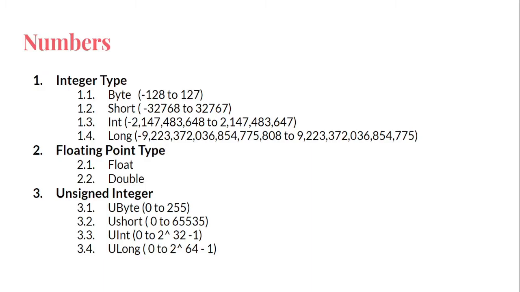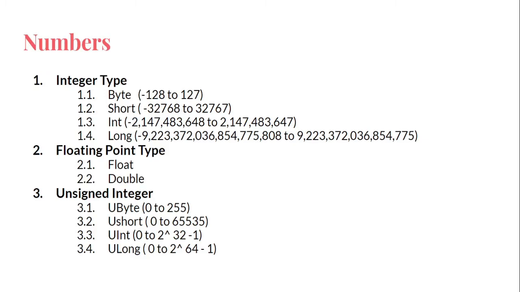So after that we have the floating point type. The floating type is for non-integer numbers, right, with digits after the dot. So it is not an integer type. For example, 5.43 is a floating type. Inside that we have float and double. The float can have 6 to 7 digits after the dot, and double can have 15 to 16 digits, right? So the basic difference is the size.